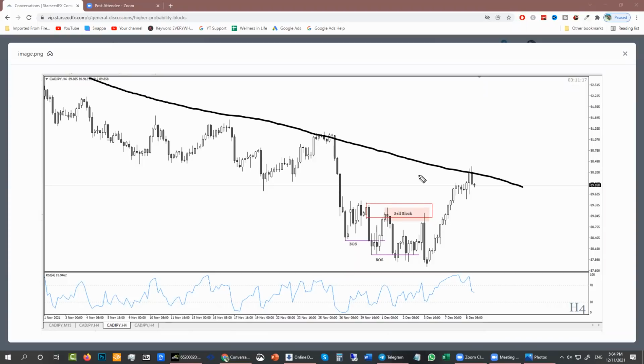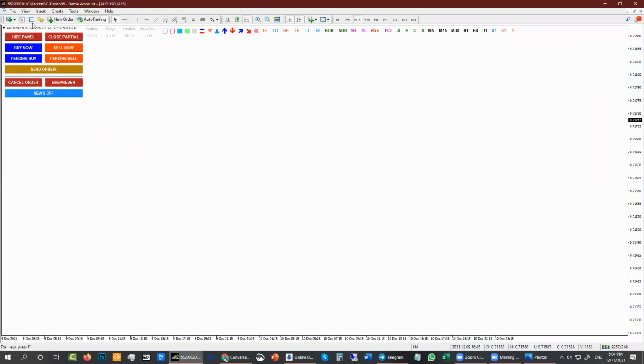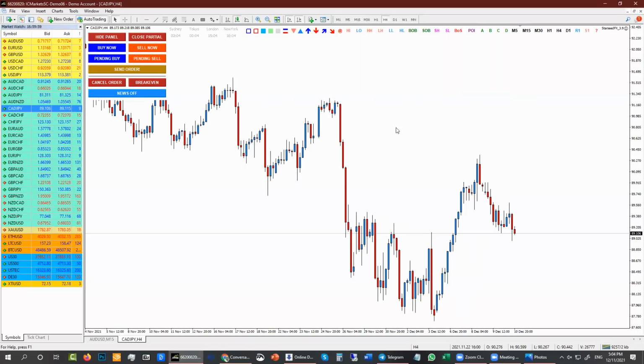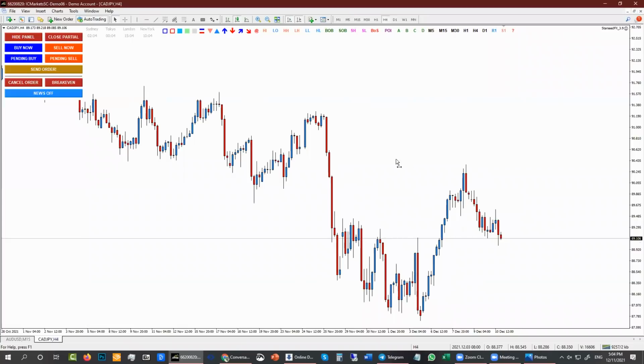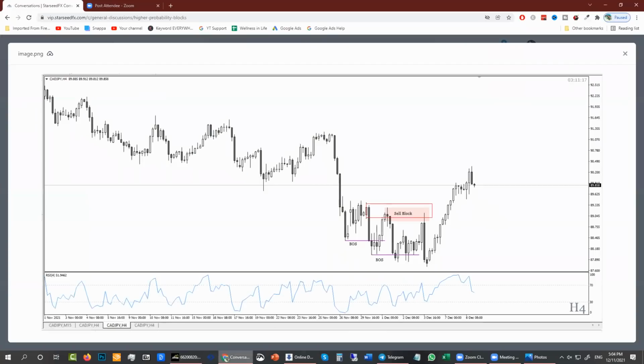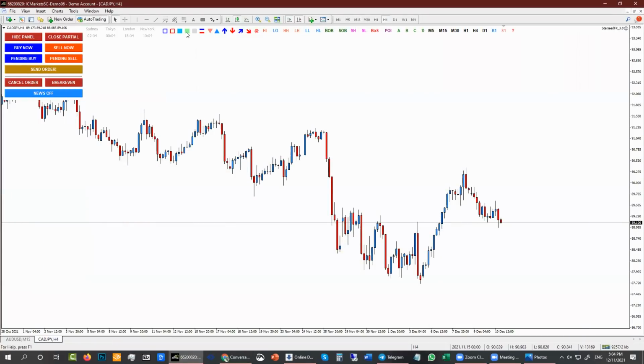Well, the thing is that, like I said over and over again, let's just go back to the original chart. That was Canadian yen, right? Where is it? So here, all right, it was this one. It was this candle. If you take a look right away like that, you think it doesn't work.